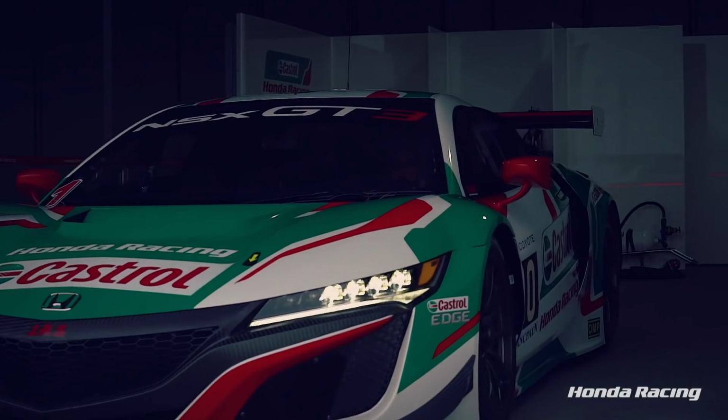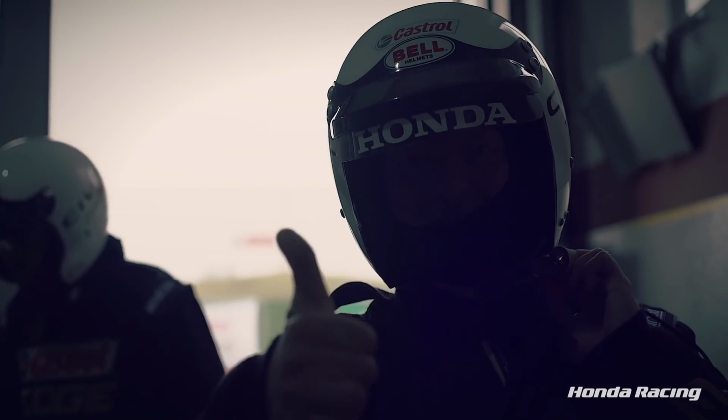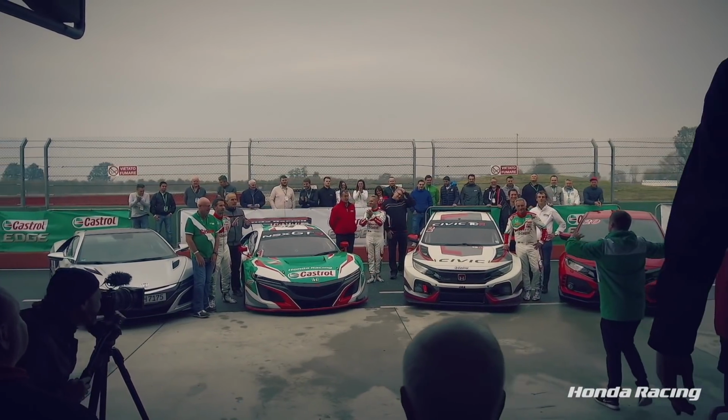The Honda Castrol link has been very strong for the last 5 or 6 years, if I'm not mistaken. It's almost natural now to see those two together, and we've been doing so many great activities with Castrol Honda, both for the fans, for the guests, for clients, for people who actually work with Castrol and Honda. So I think that the relationship has been quite successful and quite efficient. We have several guests from all over Europe, and we're here to give them a good time